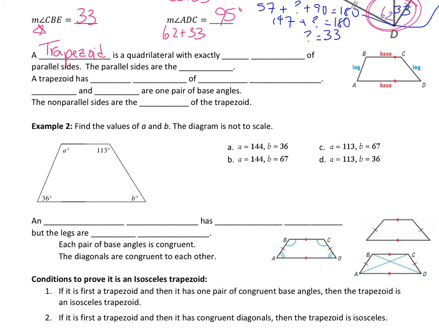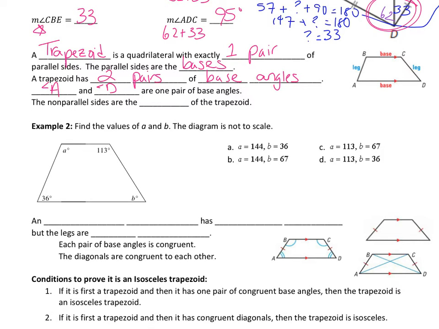A trapezoid is a quadrilateral with exactly one pair of parallel sides, and those are called the bases. So the bases are up above and down below, and the parallel sides are the bases. A trapezoid then has two pairs of base angles. In this picture off to the side, the base angles are angle A and angle D down at the bottom,